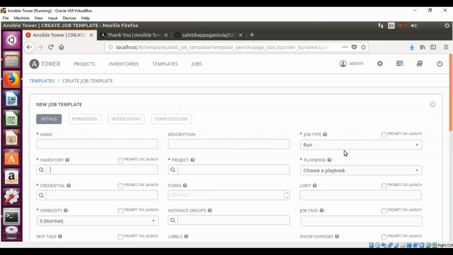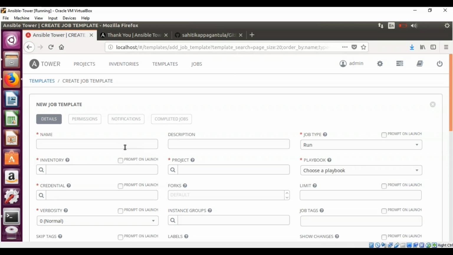If you set the job type to run, it executes the playbook by running tasks on the selected host. But if you set the type to check, it does not actually execute the playbook but will instead check the syntax, test the environment setup, and report any problems along with what the job would have changed had it been in run mode. For the inventory selection, you have to choose any inventory that you have configured in